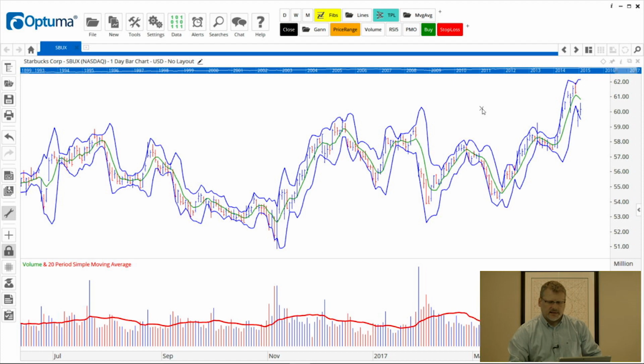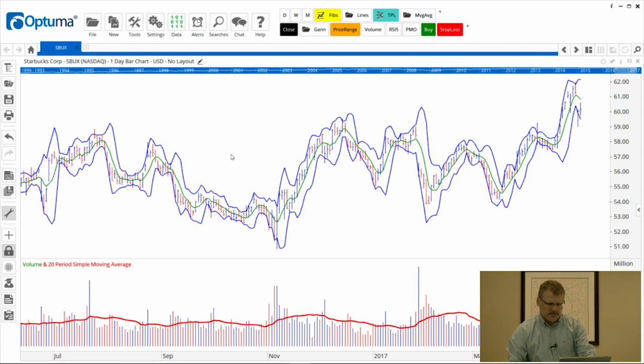So what I can do is now save this as a page layout and have all my charts open that way. Now it's separate or different from a chart layout in the respect that the tools and the analysis is not saved to the ticker symbol. So it's more of a template, if you like, of your favorite tools, settings, time frames, chart colors, things like that. To save this as a page layout, we click on that icon in the top right corner. When we click on it, we can give it a name, and I'm just going to call this daily, then hit save.